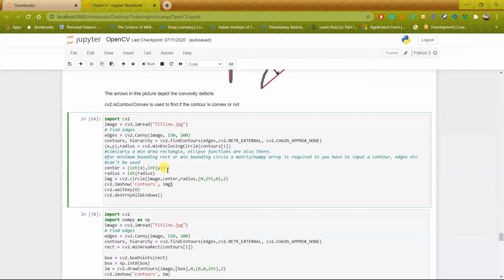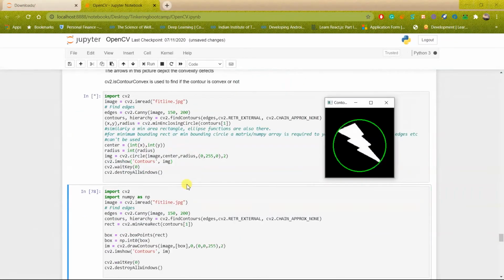So in order to draw a circle using the cv2 dot circle, we need to specify the center as integer coordinates. So I'm using the int function here, and same with the radius. So as you can see here, I'm using the same image as before, and it gives us the minimum enclosing circle of the shape.